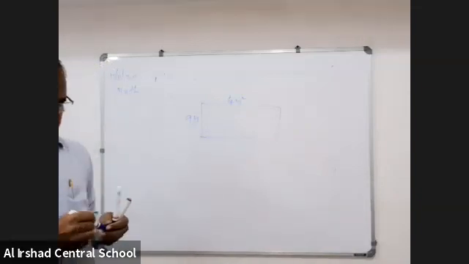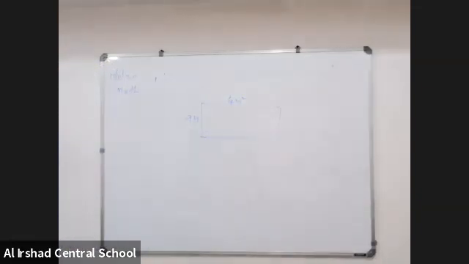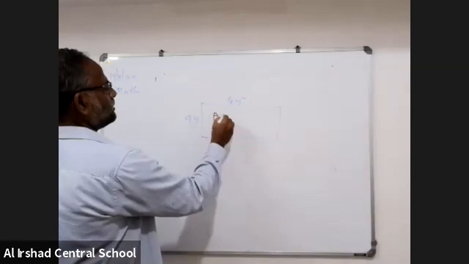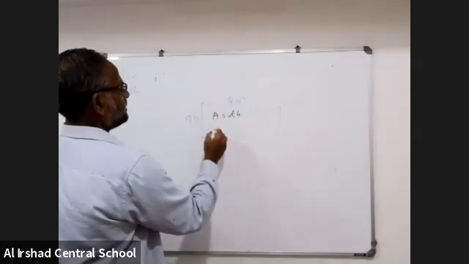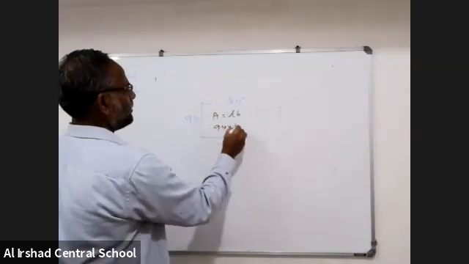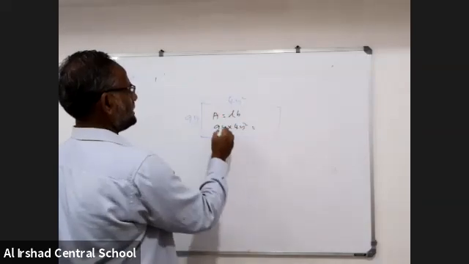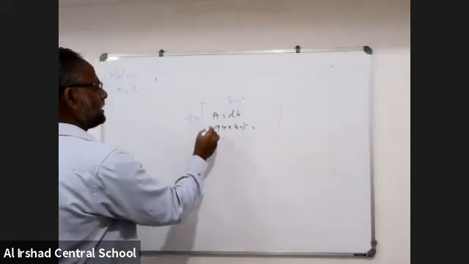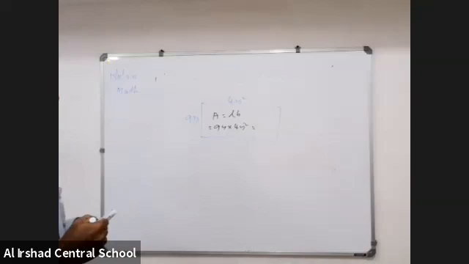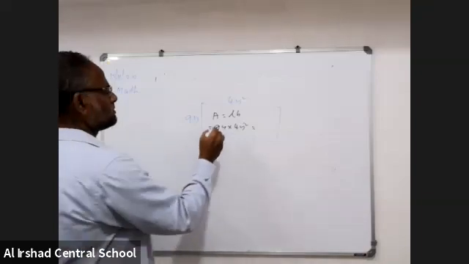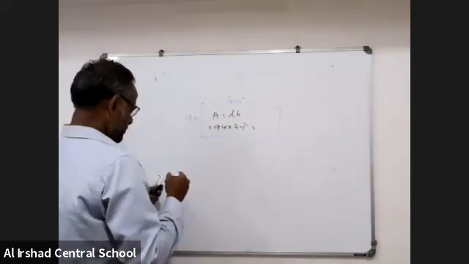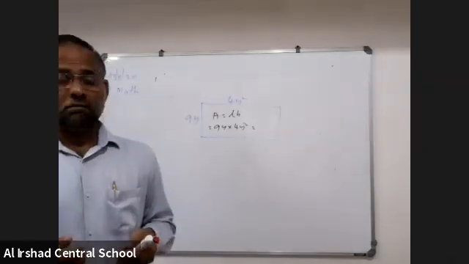Tell me, area of this rectangle. 9y into 4y square. Yes, area is equal to length into breadth, 9y into 4y square. What is the answer for that? Area is equal to 9 4s are, 4 9s are